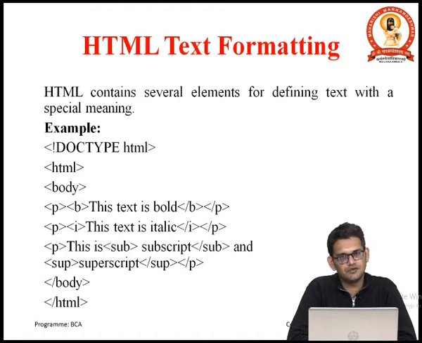The last tag we have used needs to be closed first. Suppose the paragraph tag is used first, then it would be closed last, and the b tag used last would be closed first. You can see in the example that we have closed the b tag first, followed by the p tag. In the next line we have another paragraph, and for writing the paragraph we have used the p tag, and there is a tag with the name i. The i tag is used to write the paragraph in italic. You can see this text is italic. As we have used the i tag last, it will be closed first, followed by the previous tag.